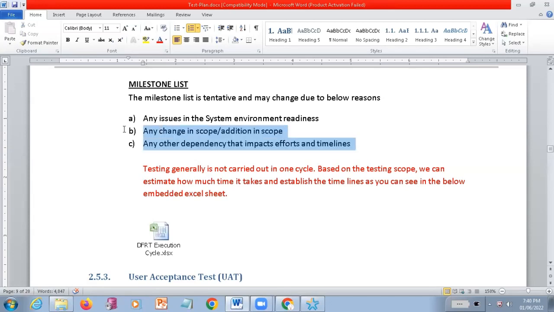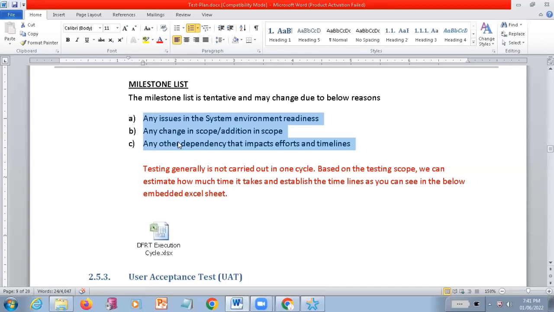You should be on time. You should assure yourself you are going to provide the quality output. You are going to provide the things on time. You are going to make the developers follow up and get the things at the right time.